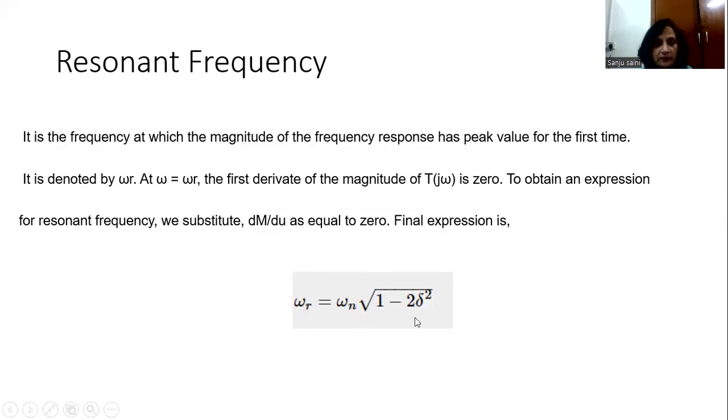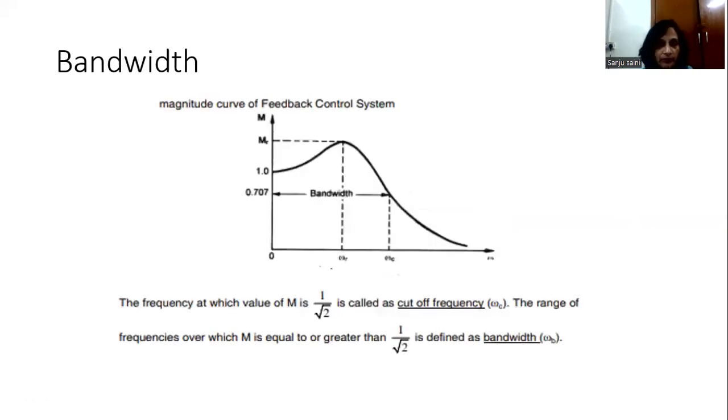Here delta is representing the damping ratio. Then the next term is bandwidth. Bandwidth is also one of the very important frequency response characteristics. This is the magnitude curve of the feedback control system. On the x-axis we have the frequency omega, on the y-axis we have the magnitude M that we have defined earlier. So the frequency at which the value of M is 1 by root of 2 is termed as the